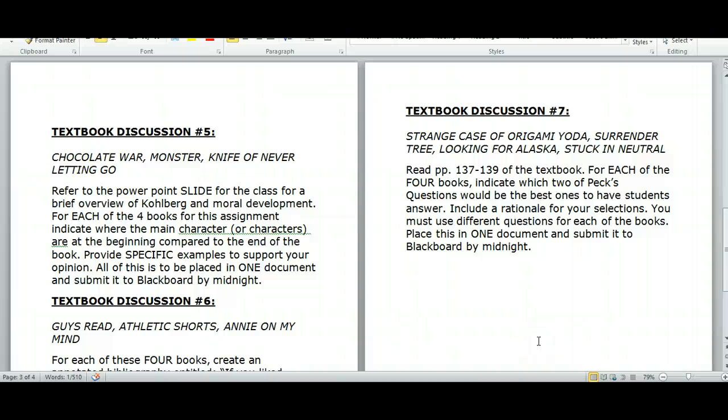Here are the final 3 textbook assignments on this page. Textbook assignment number 4 looks at some pretty dark kinds of books: The Chocolate War, Monster, and The Knife of Never Letting Go. What I want you to do for this one is refer to the PowerPoint slide, which will be at Blackboard for the class, for a brief overview of Kohlberg and moral development. And basically what you're going to see there are the 3 levels of Kohlbergian development: pre-conventional, conventional, and post-conventional levels